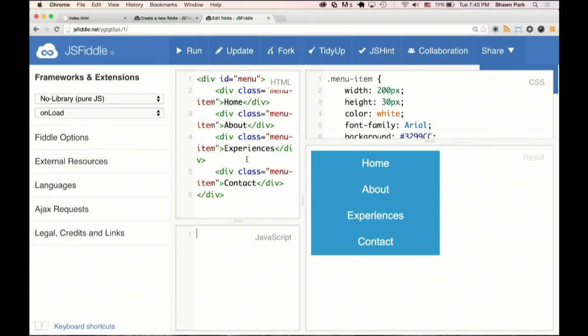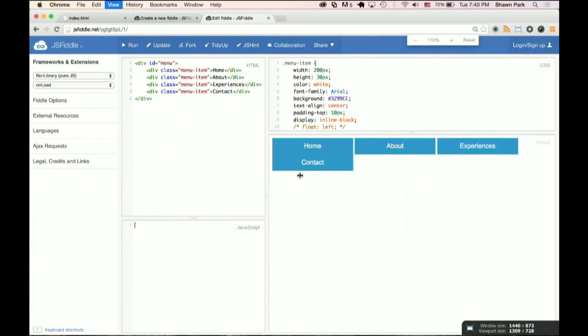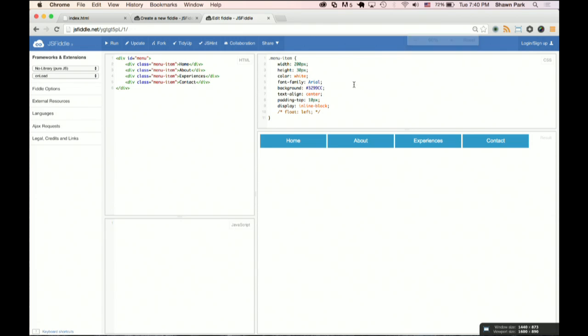OK, so this looks a little strange right now because they're all... OK. So I know that this will be hard to see inside, but basically, if you have it in front of you, you can see that here they all are, and despite being display inline block, they are just not behaving well because they have this strange gap that I didn't put there. So if I float them all left, so every one of these menu items will be floated left, then they'll all sort of push to the left, and then get rid of all the gaps, and voila, you have your navigation bar that's nice.